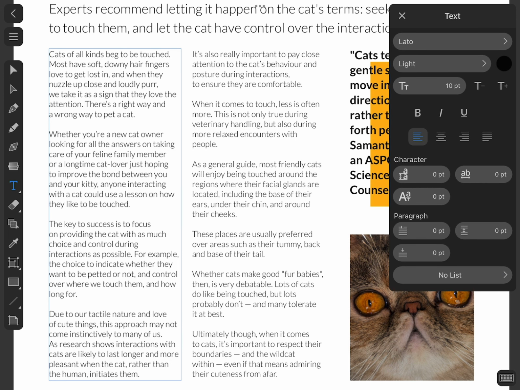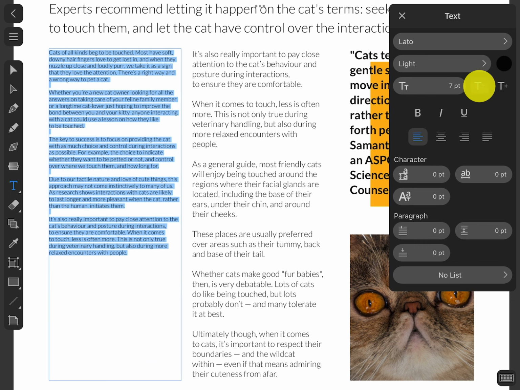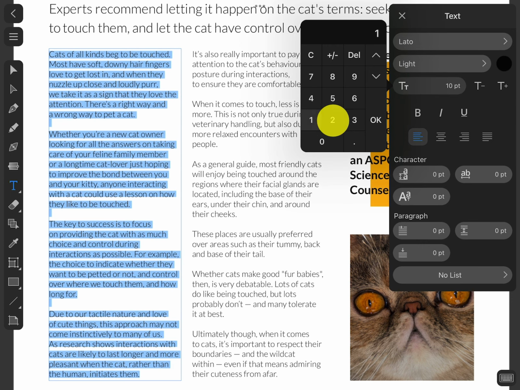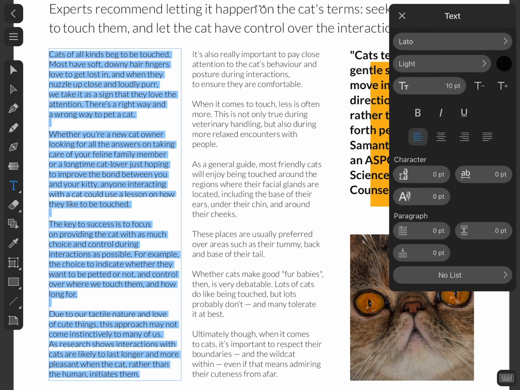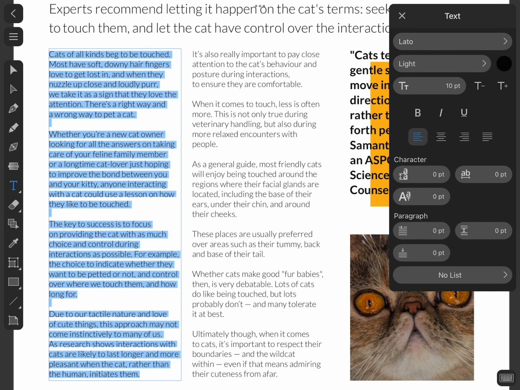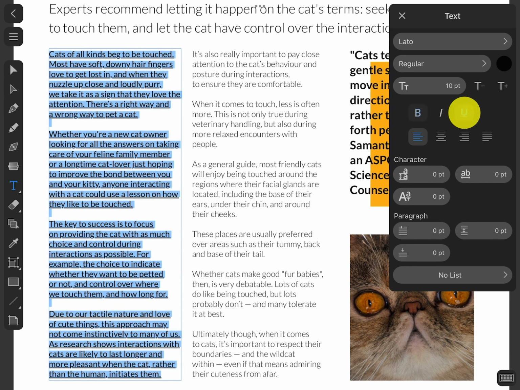The next three controls change the font size. The plus and minus buttons decrement and increment the size. By tapping on the field with the font size value, you can enter a new size. Another way of changing the value is to slide over the field to the left or right. With the help of these buttons, you can underline text or make it bold or italic if it is supported by the font.